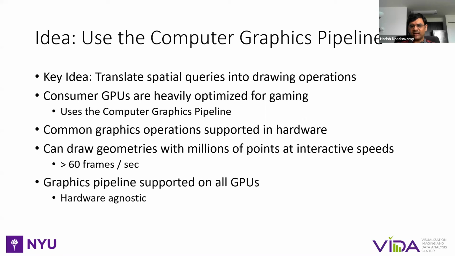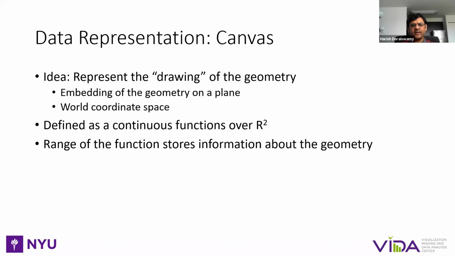Also, unlike something like CUDA, which is tied to NVIDIA hardware, the graphics API is common across all hardware. So let's look at how we go about doing this. We represent the data using what we call a canvas, which intuitively is simply the drawing of the data. You can think of it as geometries in the world coordinate space in the graphics pipeline. Formally, it is defined as continuous functions over the Euclidean space, and I would refer you to the paper for